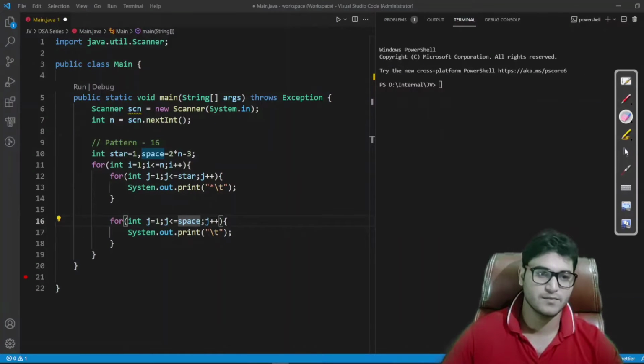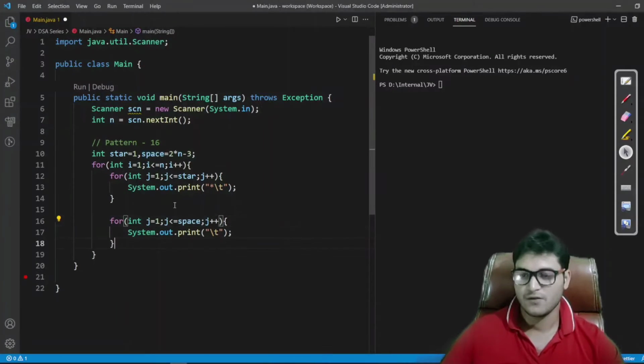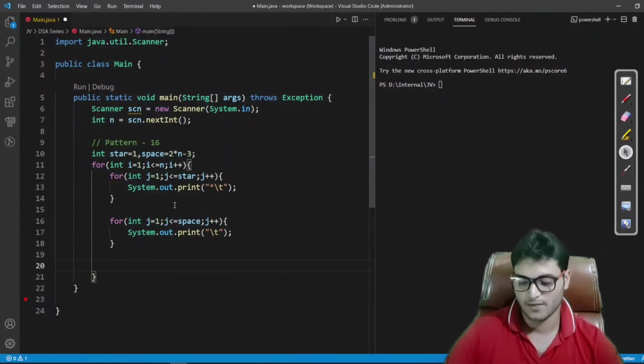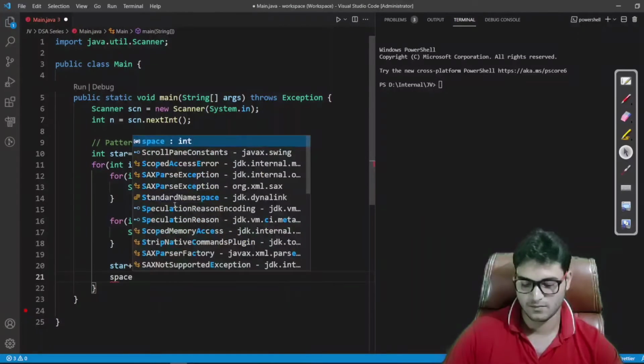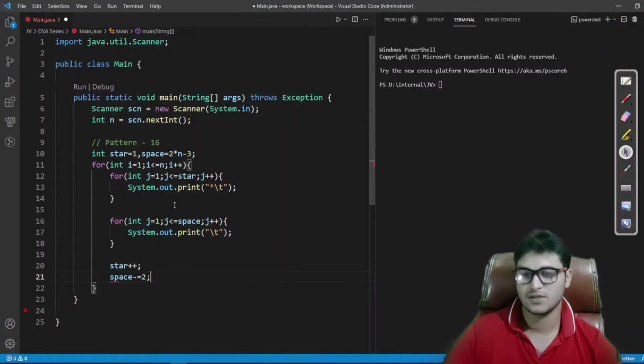Now what we are doing, in each row we are increasing our number of stars by 1, and for each row we are decreasing the number of spaces by 2. So that's all we have to do. Let's see whether this is going to work or not.